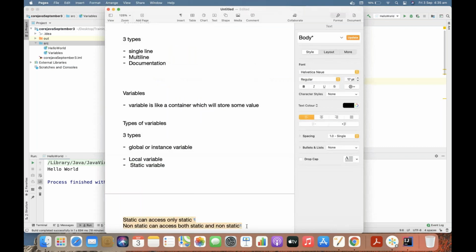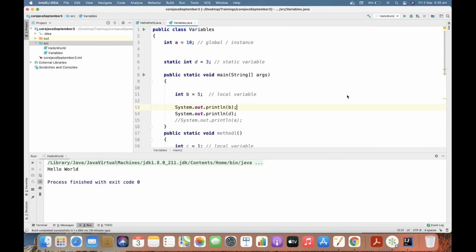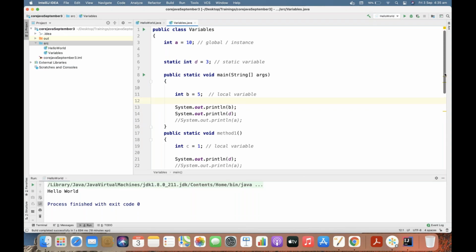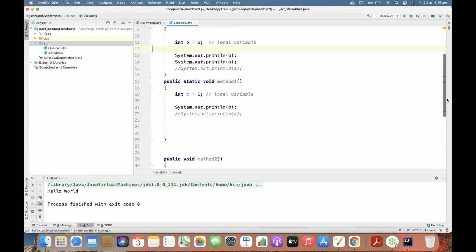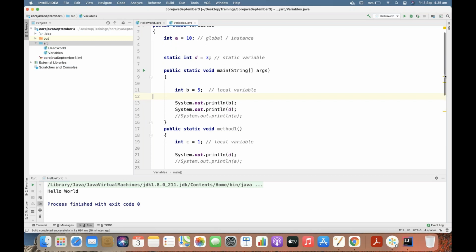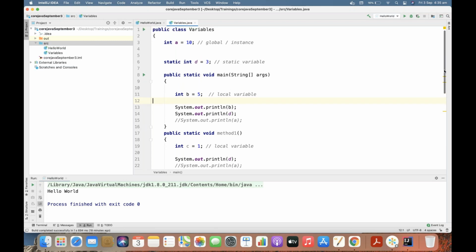One more last thing. When I run this program now, what will I be seeing in the console? The declared values for B, D, A. I'll see 5, only this. Five is this one.